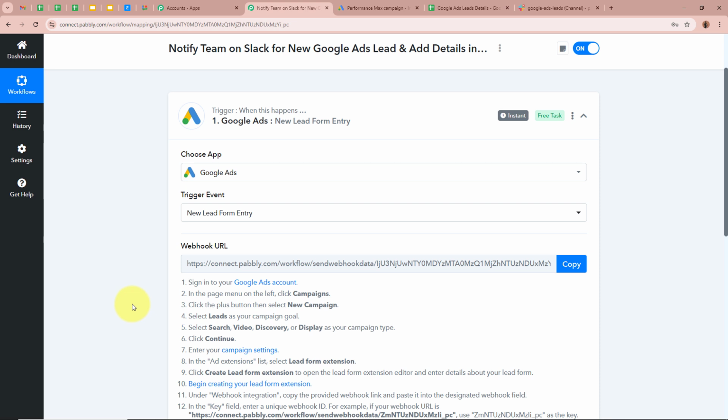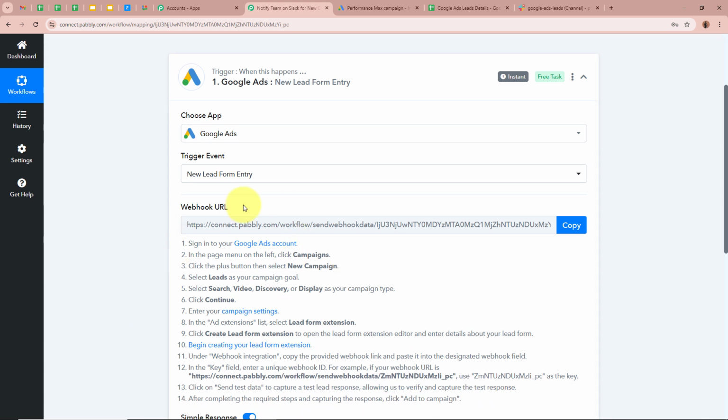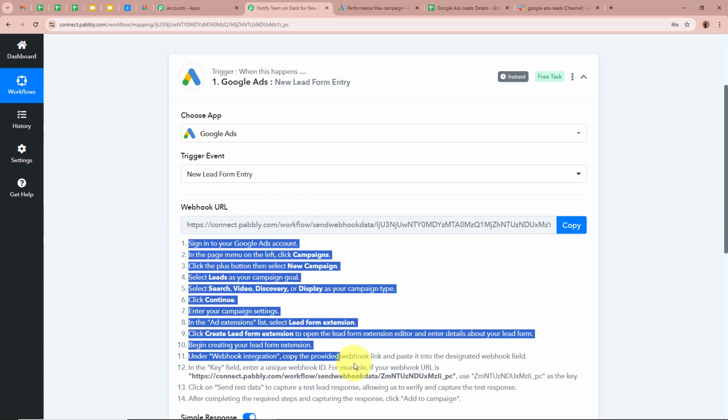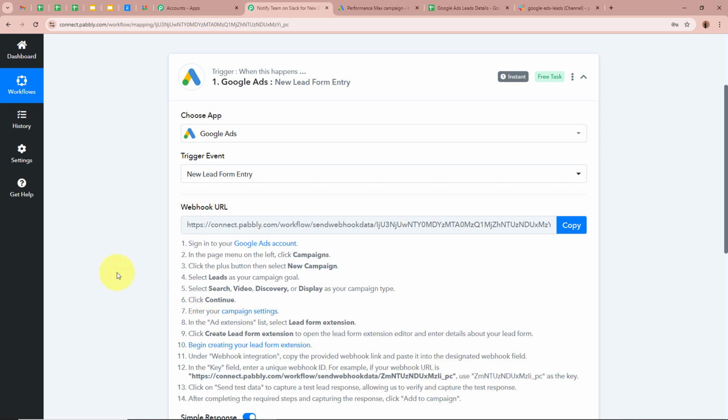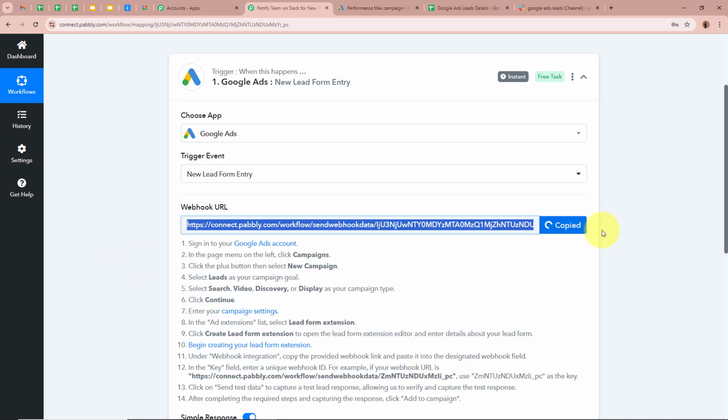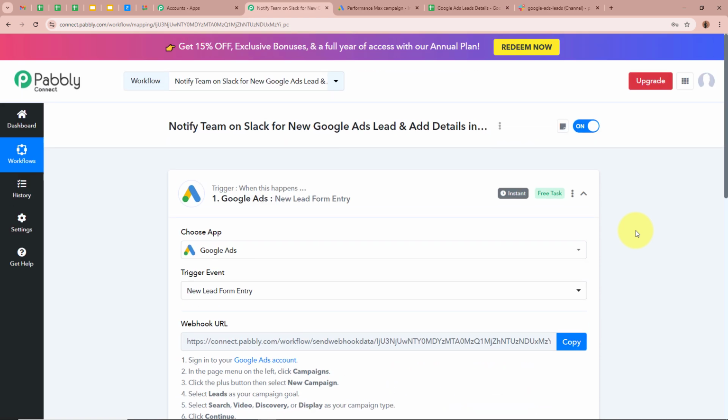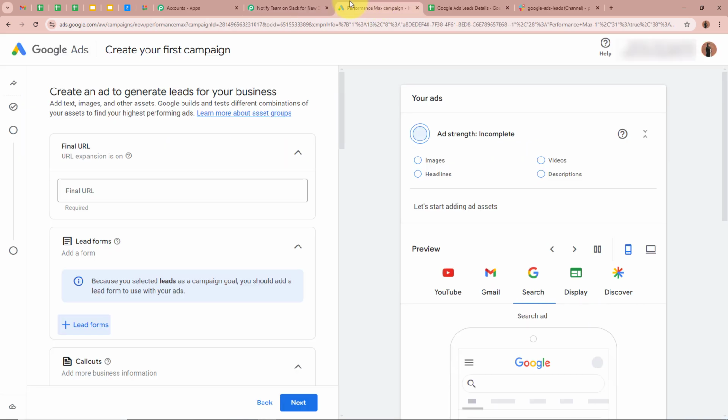Then to connect Google Ads to Pabbly Connect, you can see that Pabbly Connect has provided us with a webhook URL. So by following the steps given here below, we are going to connect Google Ads to Pabbly Connect. So I'm going to copy this URL from here. After copying the URL, I'm going to open the campaign that I'm running with the help of Google Ads. So this is the campaign that I'm running with the help of Google Ads. As I'm not running a live campaign, this is just a test to show you how